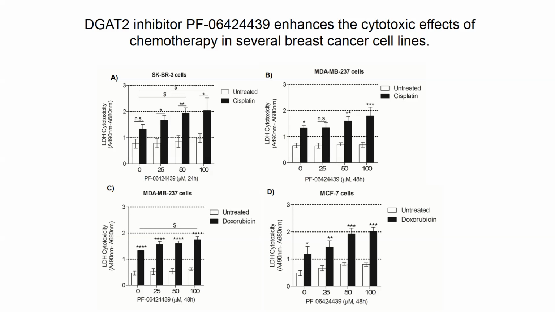So for us, this was exciting because it's happening in many breast cancer cell lines and in response to different inducers, cisplatin or doxorubicin. This means that we can enhance cell death in breast cancer cells that are resistant. And what is remarkable is that these inhibitors of DGAT synthesis are already in the clinic because they are being used to inhibit triglycerides in the blood, and they are novel inhibitors